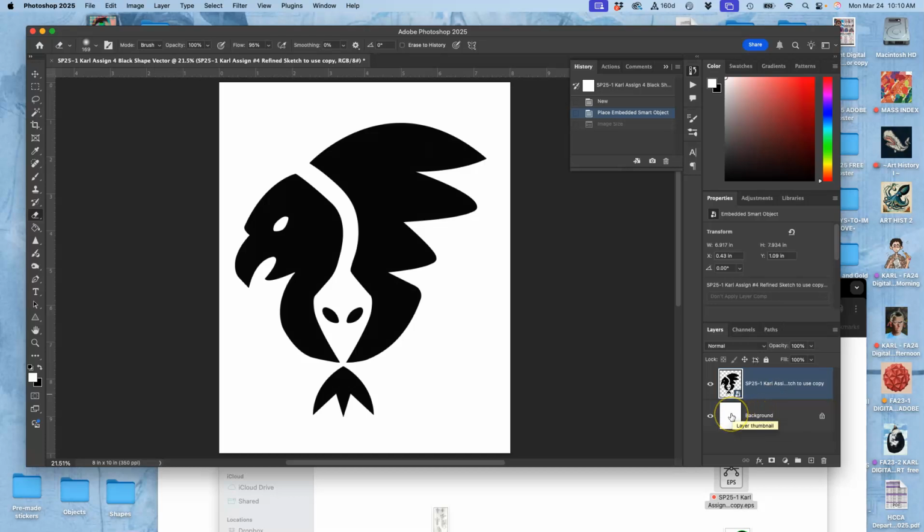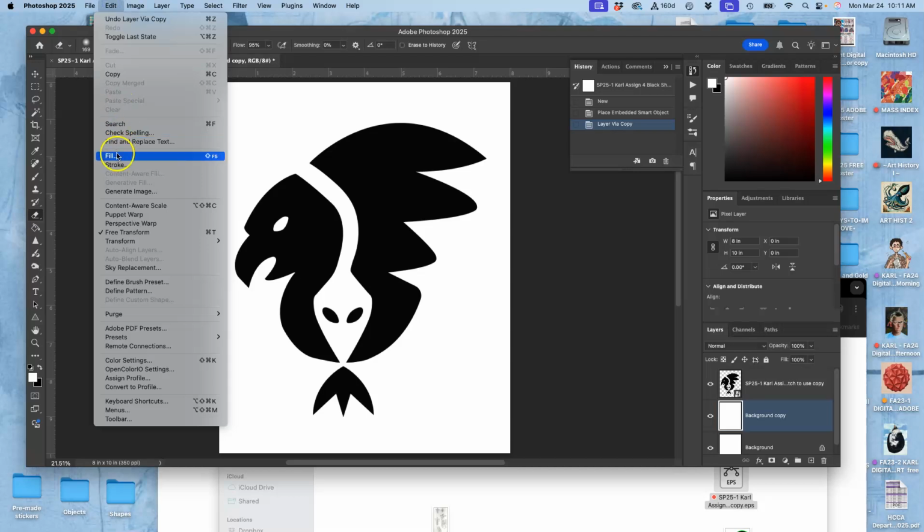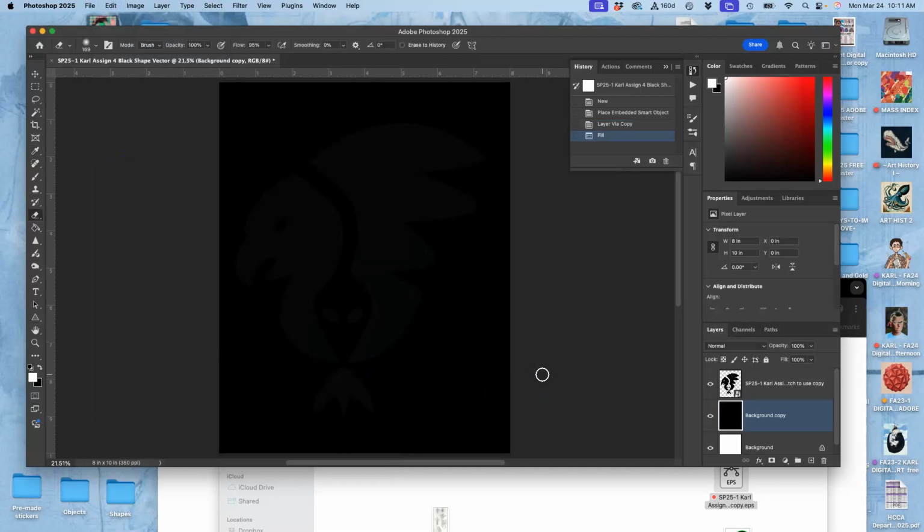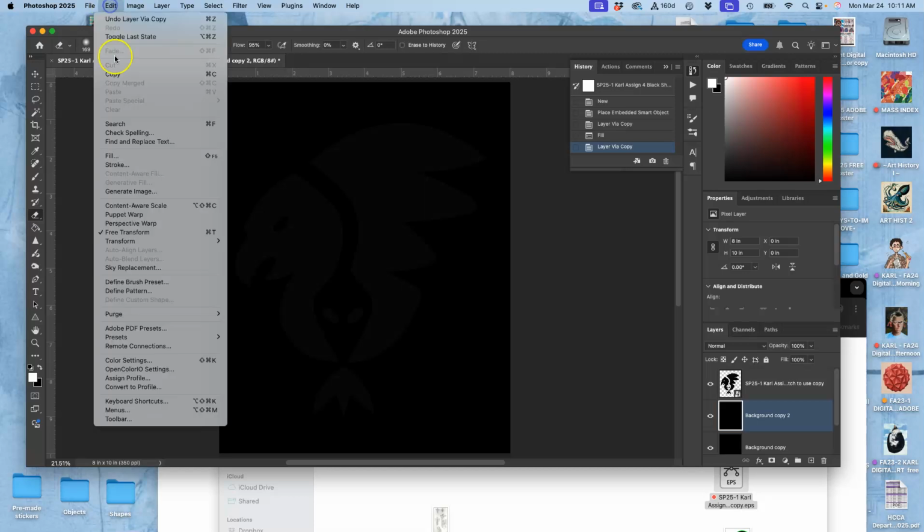Well, a black shape logo in black is pretty versatile, except on a black background. So if I duplicate my white background and then I fill it with black, somehow I can't see my logo anymore. If I duplicate that black background and then fill it with middle gray,